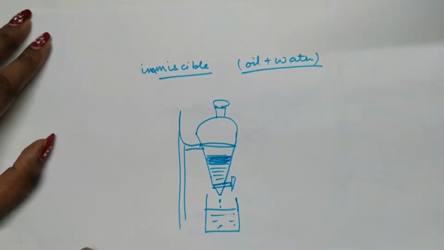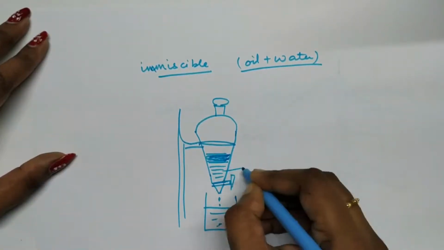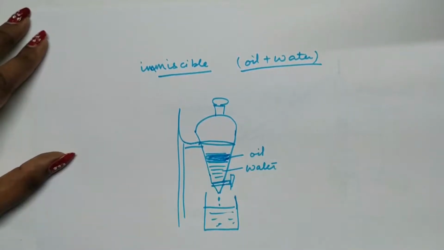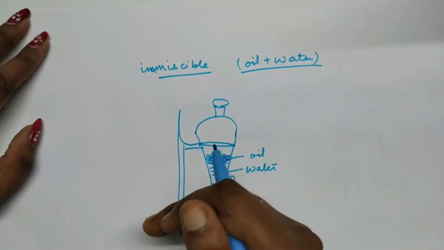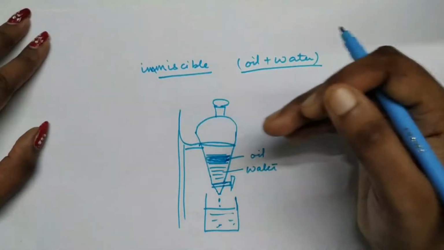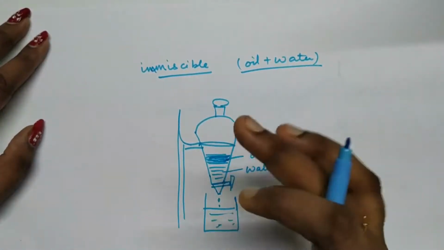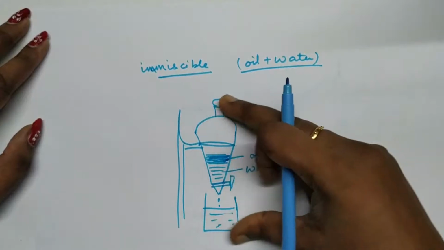they don't mix into each other, and the heavier liquid will settle or come towards the lower end. So here, if this is water, the heavier part, and oil being the lighter part, will come above. So it will form two different layers. The heavier liquid forms the lower layer, the lighter liquid forms the upper layer, and this kind of heterogeneous mixture can be allowed to stay there for some time, and then it will separate out properly into two layers,